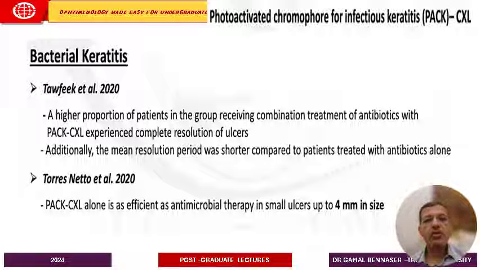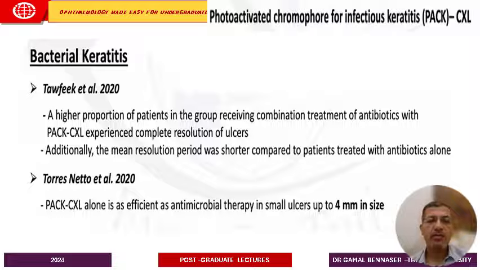Some other people use rose bengal as a photoactivated chemical, but it has shown only limited penetration in the cornea, so only the superficial part of the cornea. That's why this type of modality is limited to superficial ulcerations with a small size, but for deep mycosis or deep corneal abscess, this is definitely not useful, and we still need to rely on our antibiotics